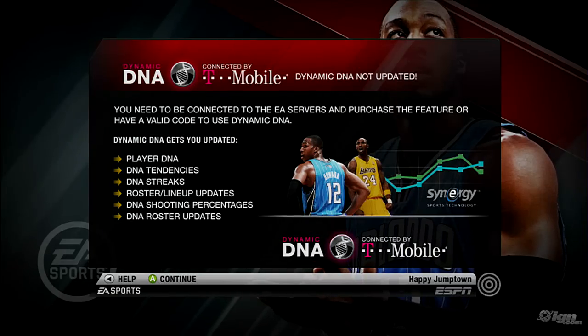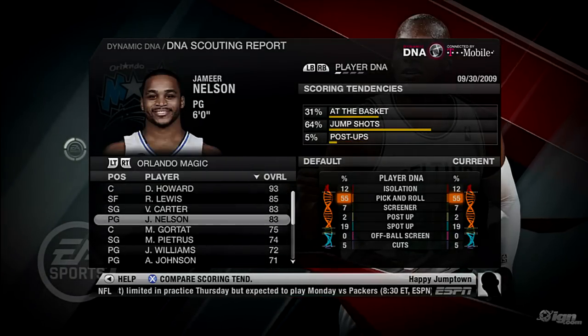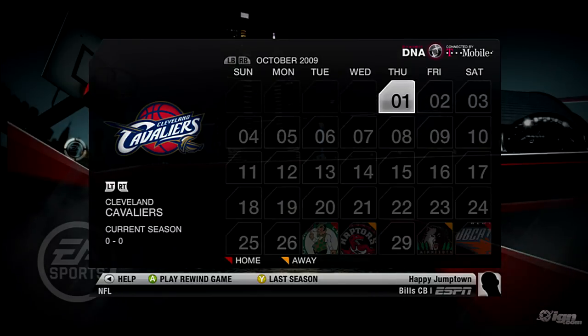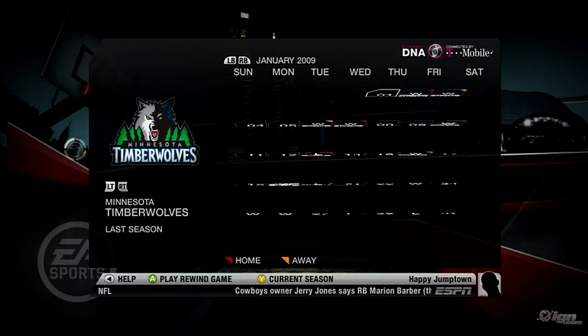Dynamic DNA has also been beefed up over last year. Real-world player and team stats are updated in-game every day, and the stats are deep and expansive. This feeds into one of the biggest new modes this year, Dynamic Season. In this mode, you'll get to play all the games that are happening in the actual NBA on any given